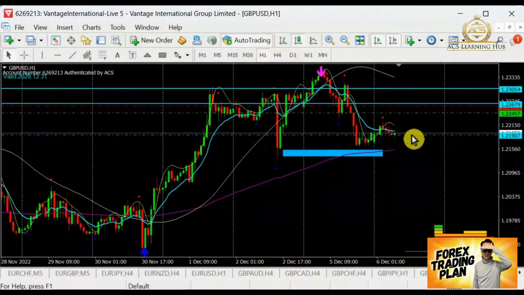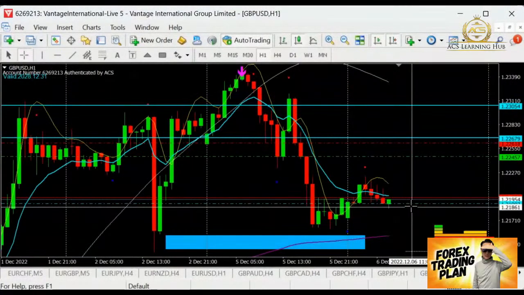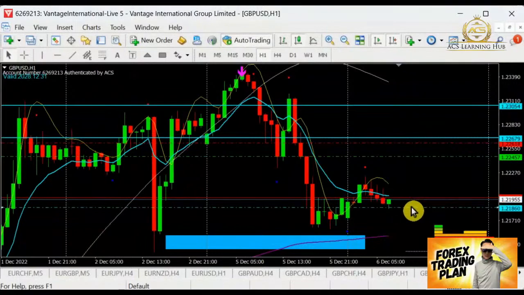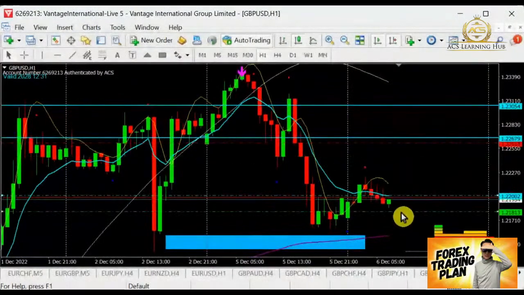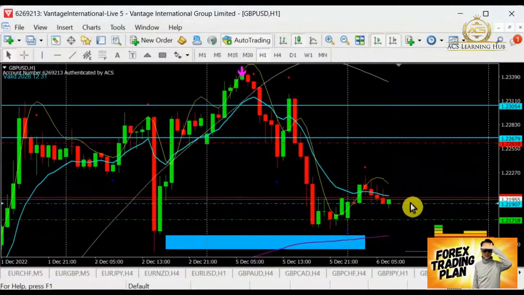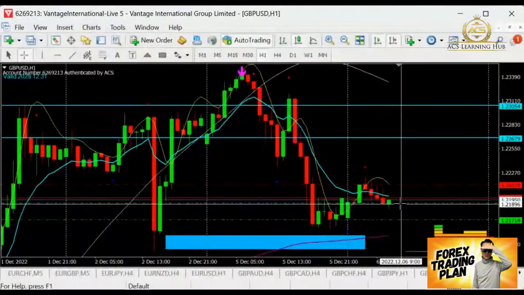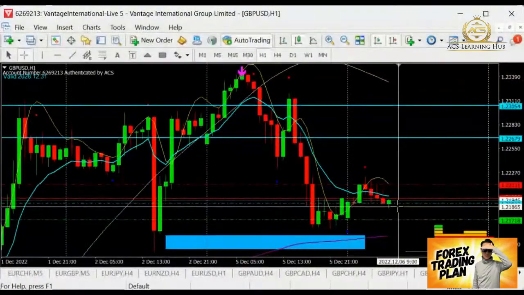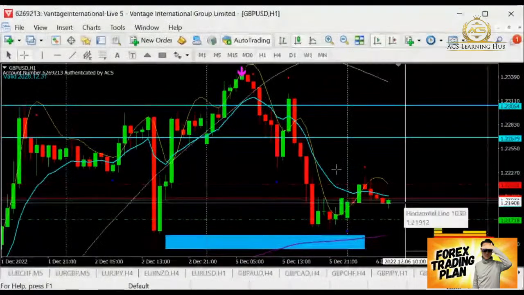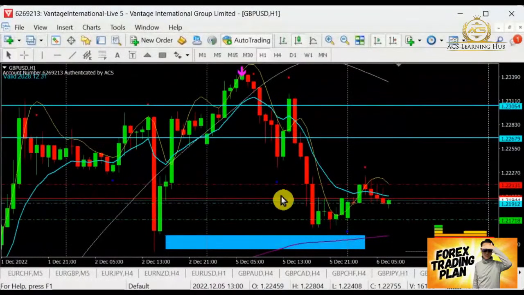If we are going to sell off, I think we have to break this area, right? So this area of support over here, we have a support level here. At this point we are looking at this level. Support area is here, resistance level is here. Let's see if this pound dollar is going to break below. After it breaks below and closes below this support area, then we will have a good chance to go down about 21 pips. We still have 21 pips to go. So let's wait at pound dollar.